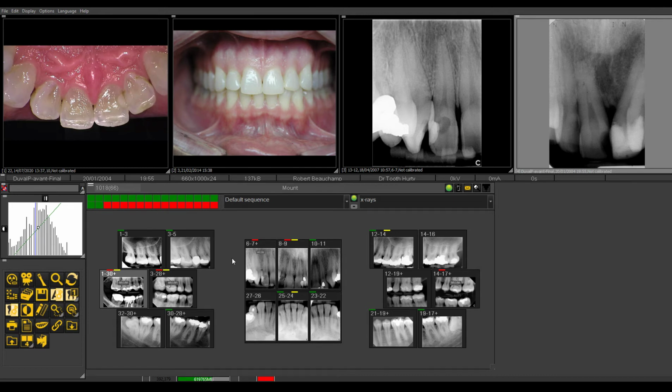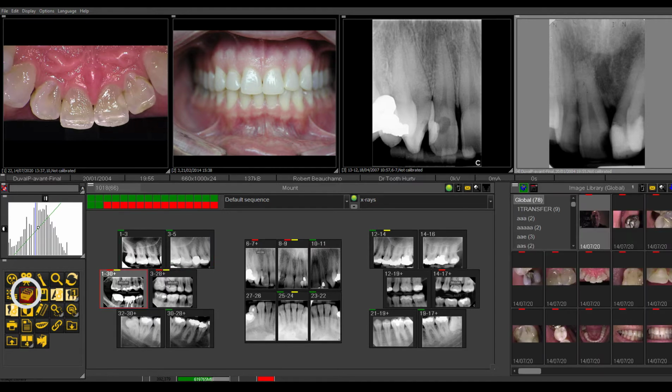One of the things you can also do is if you did want to take a quick image in the wrong patient. So right now we see the patient information here. So this is Robert Beauchamp's file. But if you, per se, by mistake, take an image and it's in the wrong file, you can always open